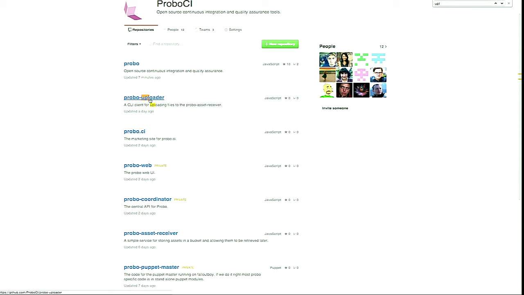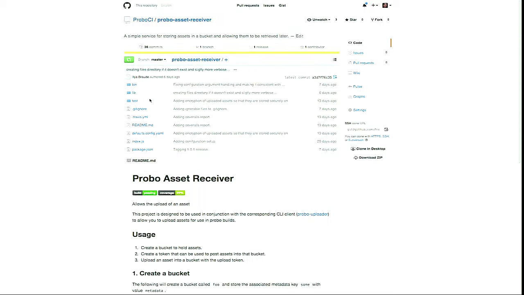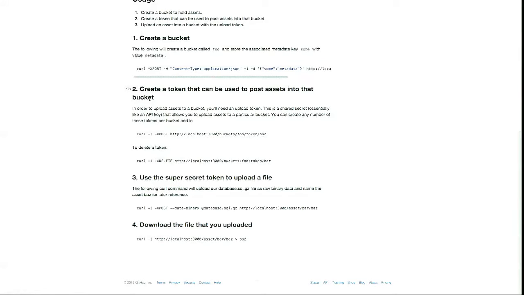So the Probo uploader was the thing I showed installing and using in that demo video. The asset receiver is the open source thing. You can see that it's totally documented with curl commands, so it's not tied to Probo itself at all. Same thing with Loom, I should have said. Both of these things don't directly integrate with the other services. The other services know how to integrate with them. So they're general purpose things for storing uploaded files in a bucket that you can use for whatever sort of use that you'd have.